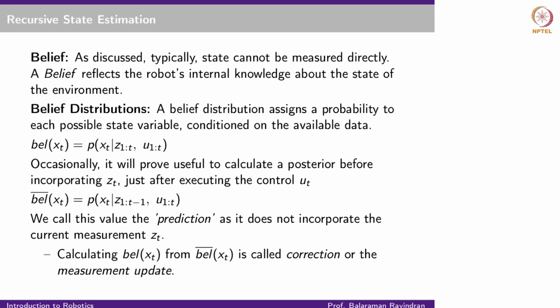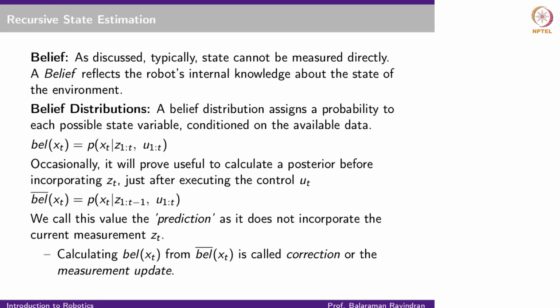So when I start off with no knowledge of where I am, I could say that there's a half chance that you are inside the room and a half chance you are outside the room. So this kind of a probabilistic distribution over possible states is called a belief. And sometimes you use belief, sometimes you use belief distribution. Formally, a belief distribution assigns a probability to each possible state variable, conditioned on everything that you know so far. So formally, I would say belief xt,